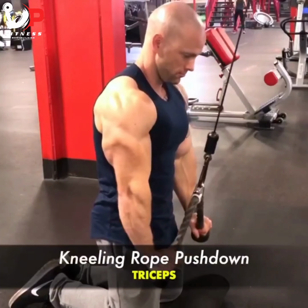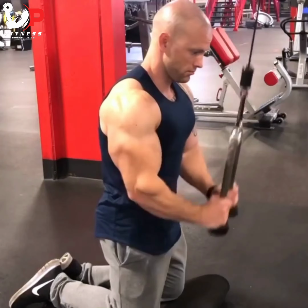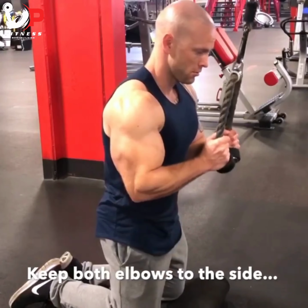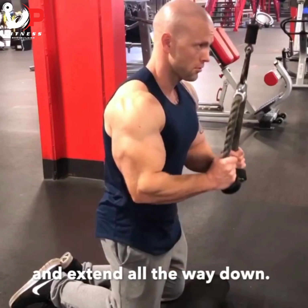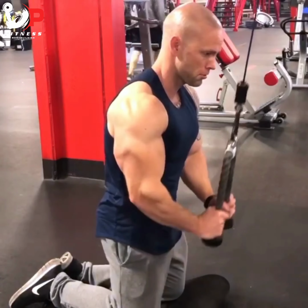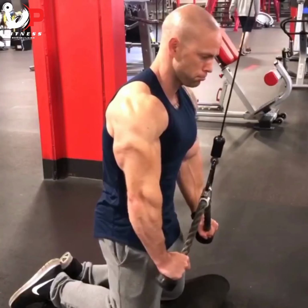Guys, this is a great one for the triceps here. So you can see I'm doing a rope push down, but I'm actually kneeling. And this just creates a variety factor compared to standing, okay? So it's gonna isolate the triceps a little bit different, but you can see I'm just keeping my elbows stationary, focusing on doing 100% extension all the way down, and then also keeping my core extremely engaged throughout this motion,